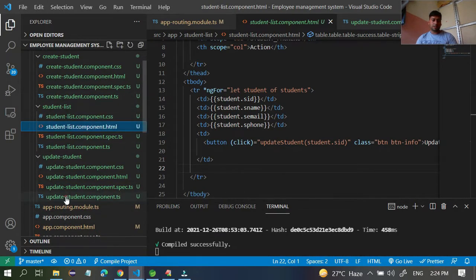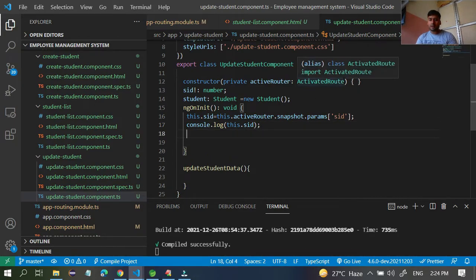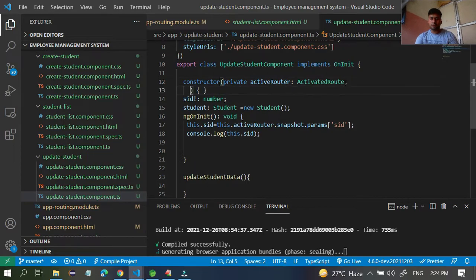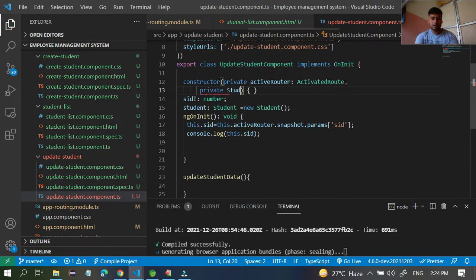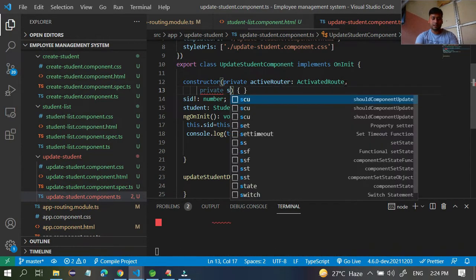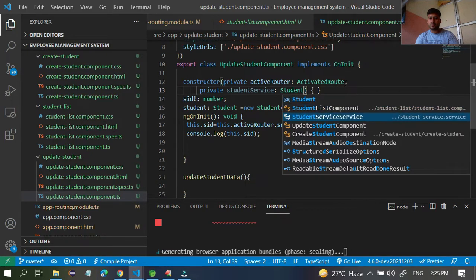So go to the updatestudent.ts file, and you already have a sid. If you already have a sid and you want to read data from the server, you have to create one more service class. You already created it, I think. So go to this place, and here private student service equal to student service.